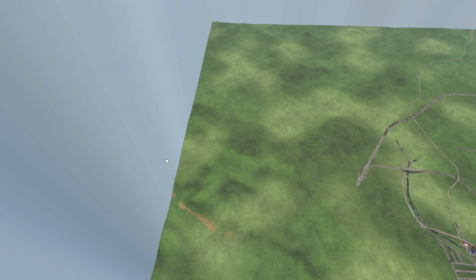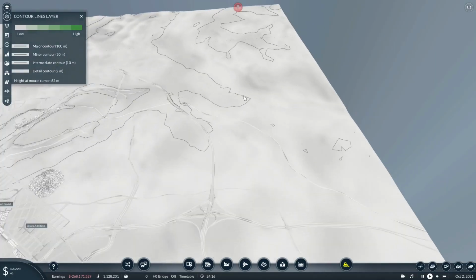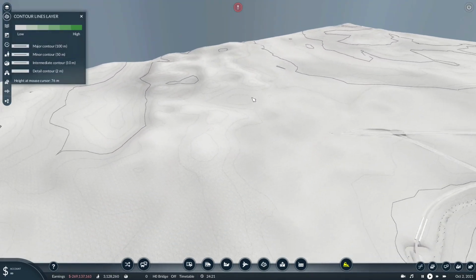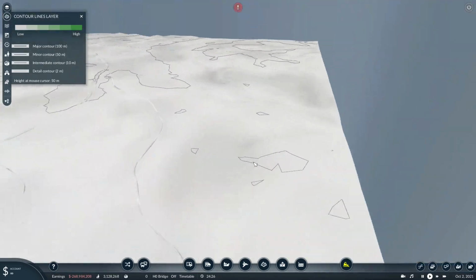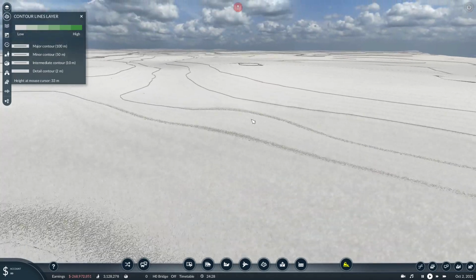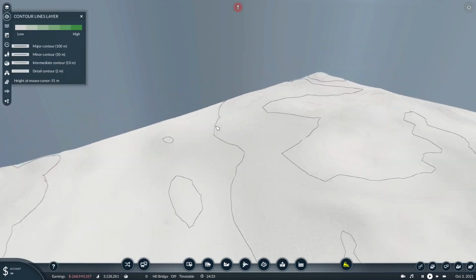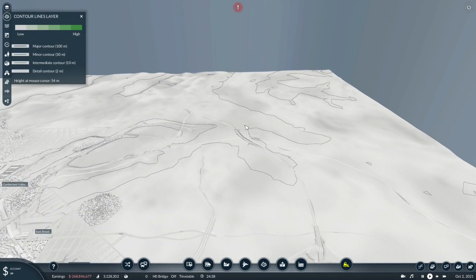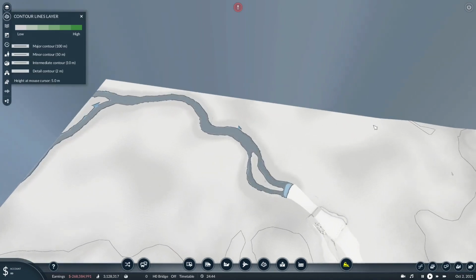Oh, and just for a moment, let me pull up everything. I'm going to turn off everything but town names. I also expanded terraforming. So now look at this. At least up to this area, I've re-terraformed most of the area. So now you can see there's a new valley here, and it now exists with its own highlands and areas. So there you go. Now it should be a bit easier to expand to the northwest, because this area was the last bit that's not really terraformed. So now it's just this area,